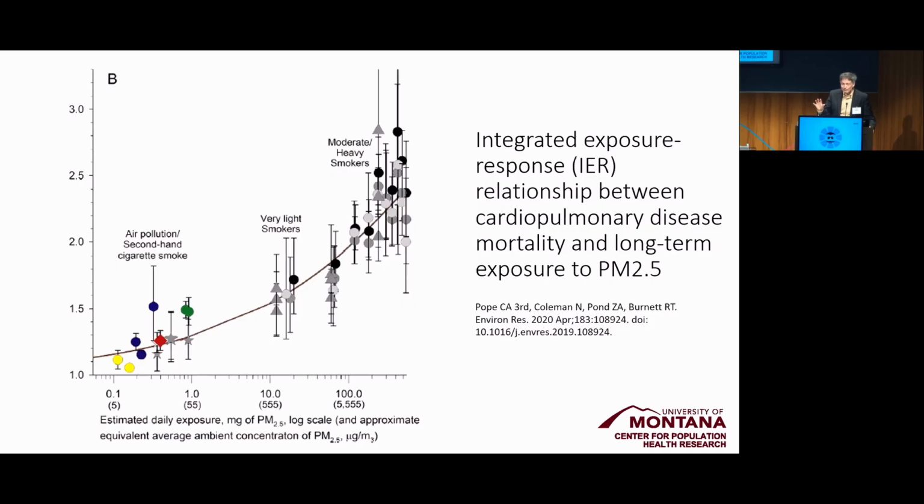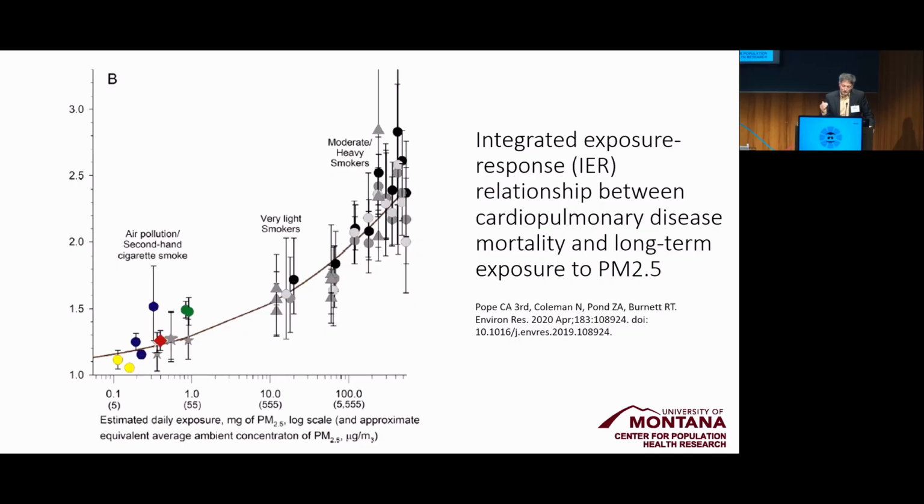This does ignore the different toxicities associated with these exposures, so I don't want to overinterpret this, right? Obviously, the chemical composition of tobacco smoke is different than the chemical composition of PM 2.5 in the ambient air that we breathe in a variety of settings. Nevertheless, what we can see here is that, I should also say the exposure axis is logged because the exposure from direct smoking is so high.